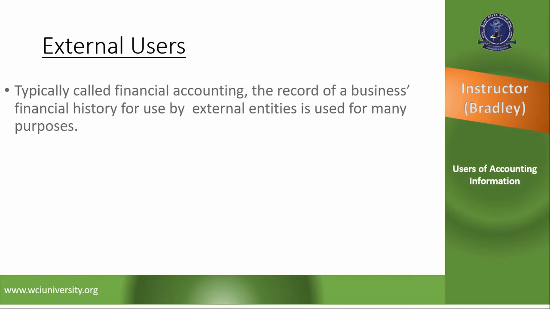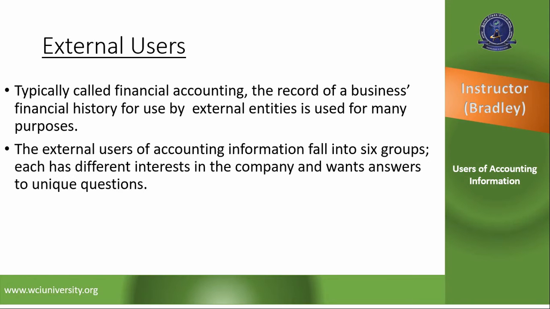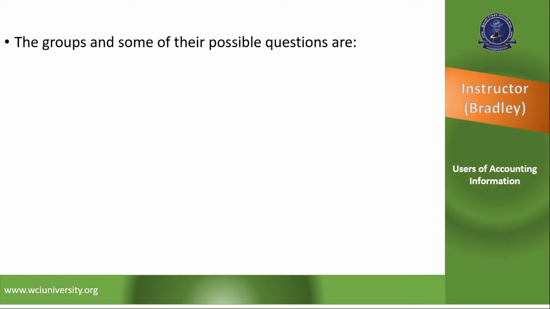External users, typically called financial accounting. The record of a business's financial history for use by external entities is used for many purposes. The external uses of accounting information fall into 6 groups. Each has different interests in the company and wants answers to unique questions. The groups and some of their possible questions are: